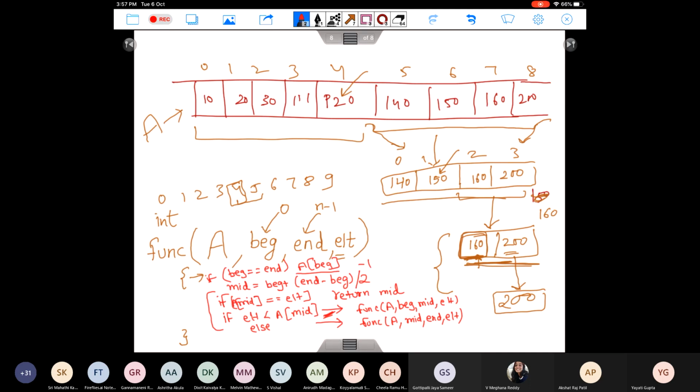So what I need to do is recognize that once there is only one element left in the array, I just have to see whether this is my required element or not. So this one corresponds to that. In that case, what will happen? I'll just do it with an example. In that case, your beginning will become equal to end. Let's do that in this particular example.